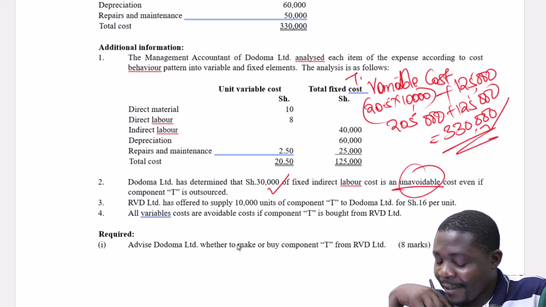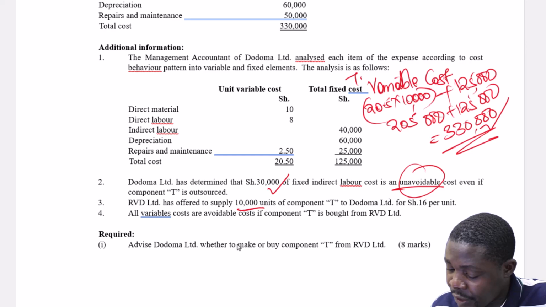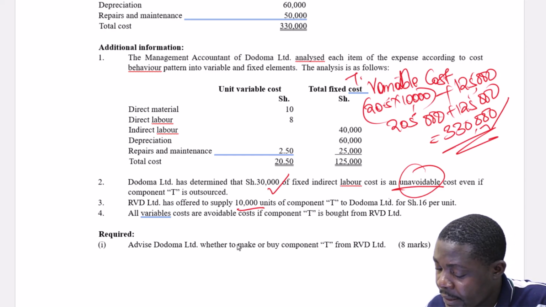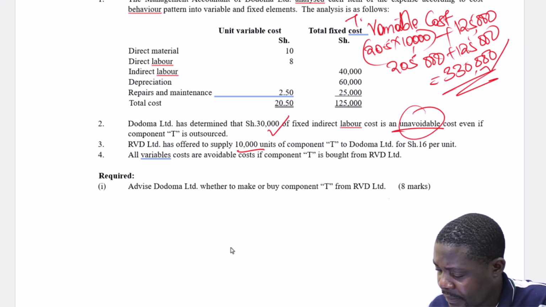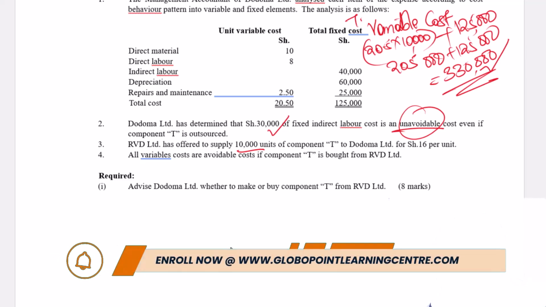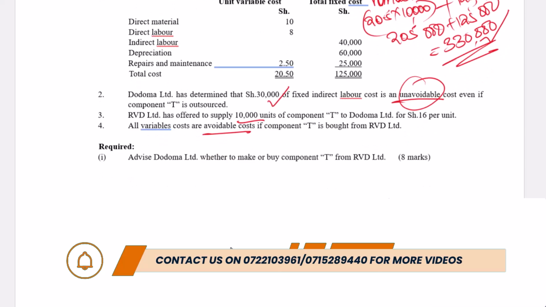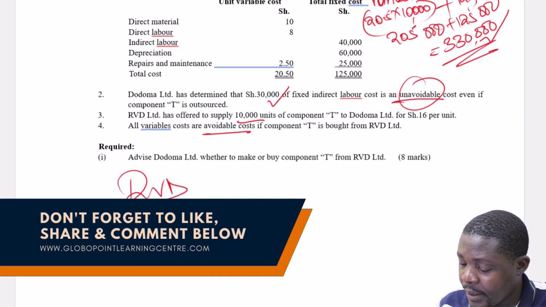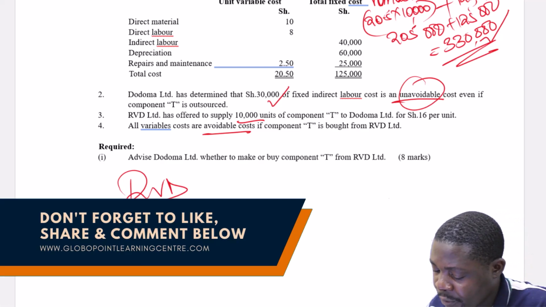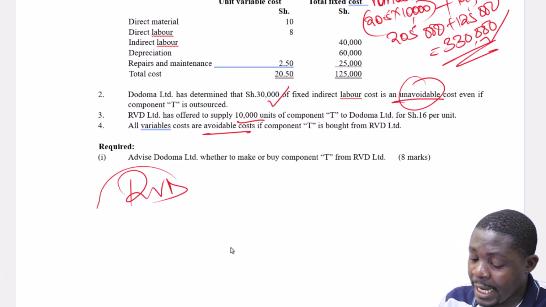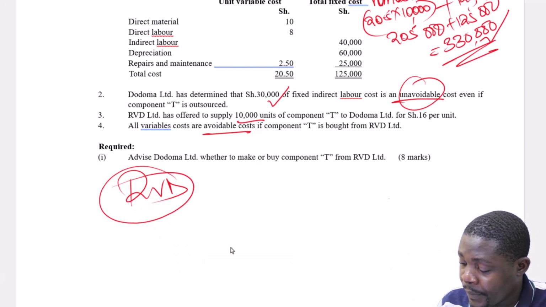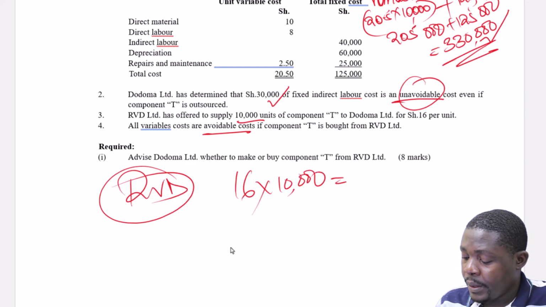RVD Limited has offered to supply 10,000 units of component T to Dodoma Limited for 16 shillings per unit. All variable costs are avoidable if component T is bought from RVD. Let's assume that we are buying this product from RVD. The question asks us to advise Dodoma Limited whether to make or buy the component. Assuming we are buying from this supplier, we have 16, that's the variable cost per unit. We multiply by 10,000,